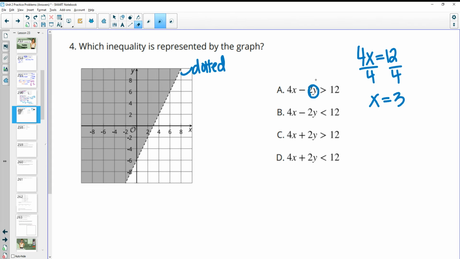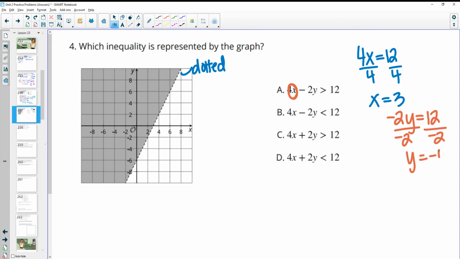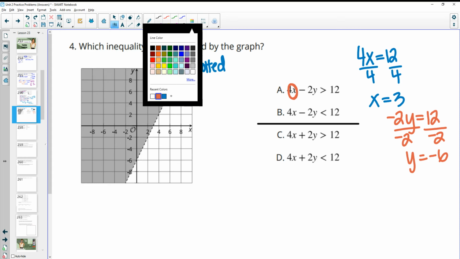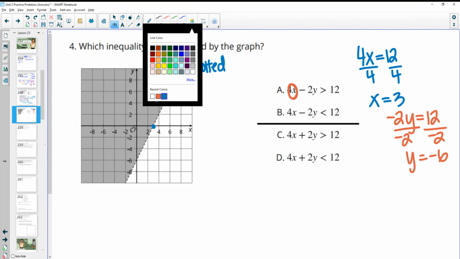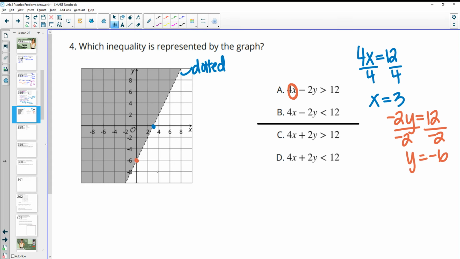And then if we wanted to find the y-intercept, we would just plug 0 in for x. So then we'd be at negative 2y equals 12. So we'd divide by negative 2, and we'd get y equals negative 6 for these ones. Now, this is just for these top two that have the same numbers. And so if we take a look here, this x-intercept is at 3, and the y-intercept is at negative 6,